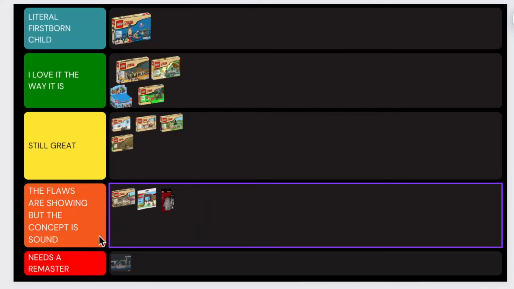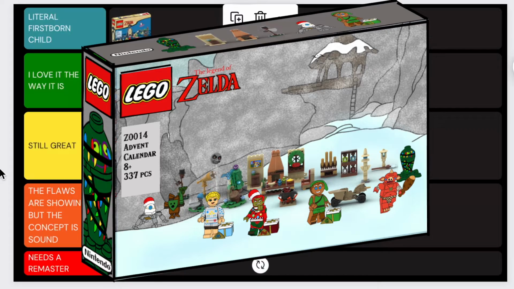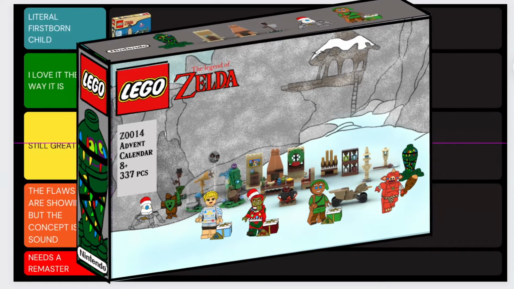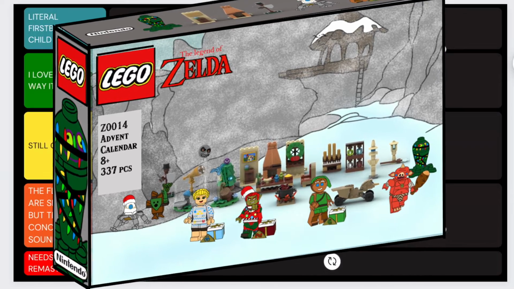So something's got to be down here in the bottom tier, and it's definitely one of the more flawed sets. Next up, we have the original Advent calendar. This was Z0014. This one included figures such as the Gingerbread Link, the Christmas Sweater Zelda, and the Santa Ganondorf,